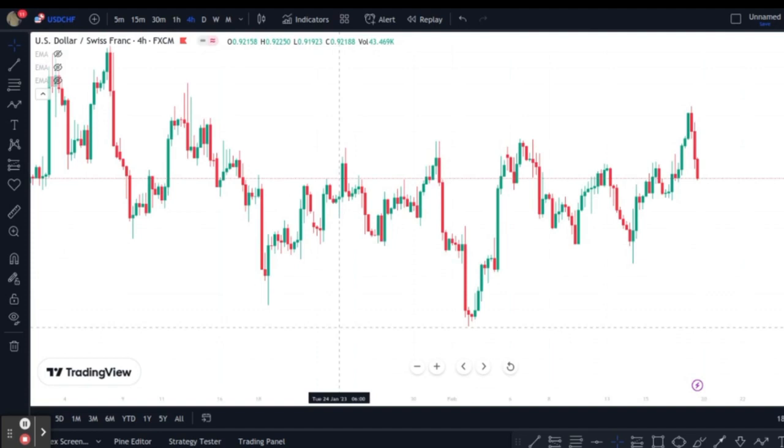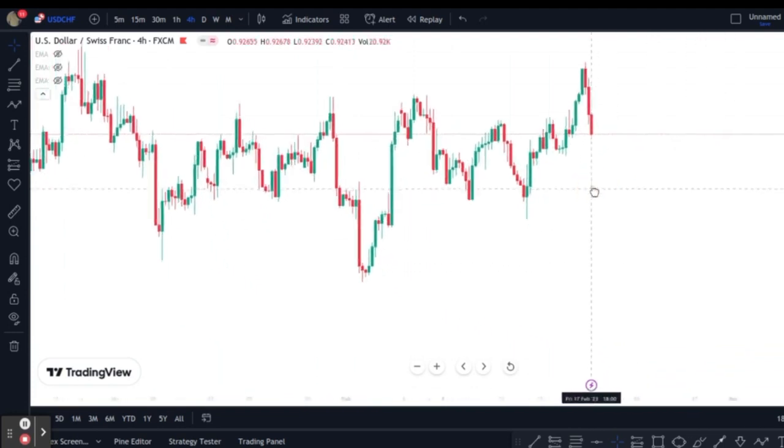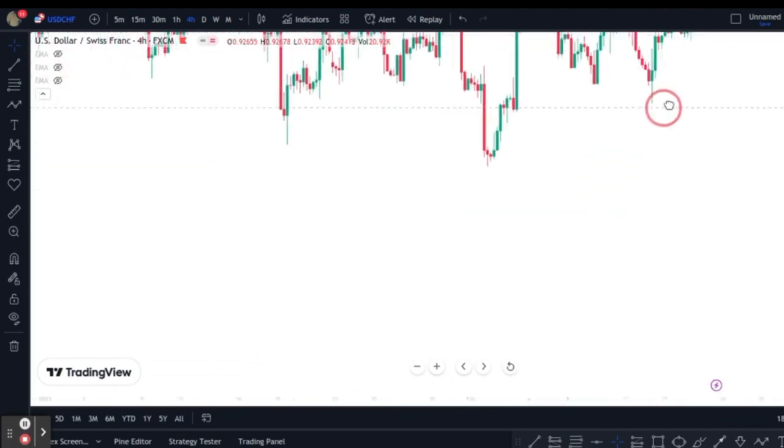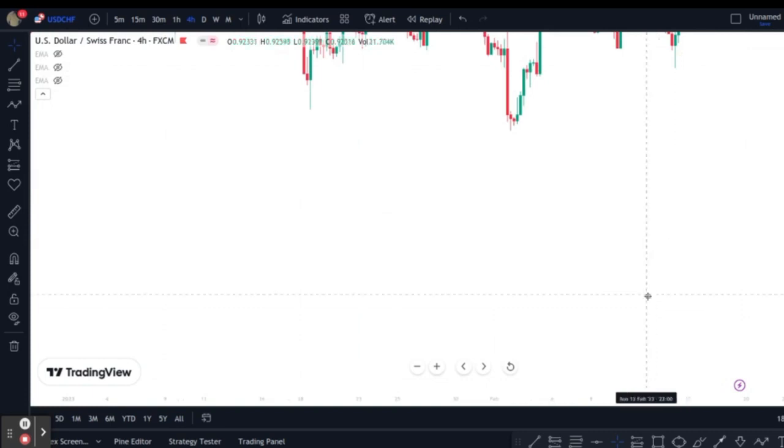So if you know how to take care of your risk management, and how not to over-leverage, you understand. So in forex trading,